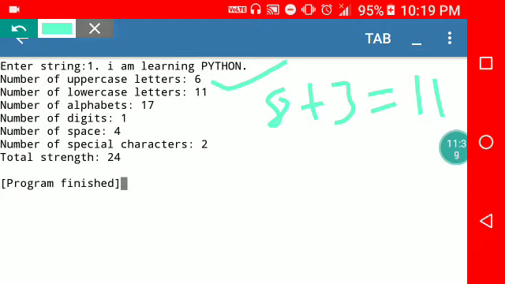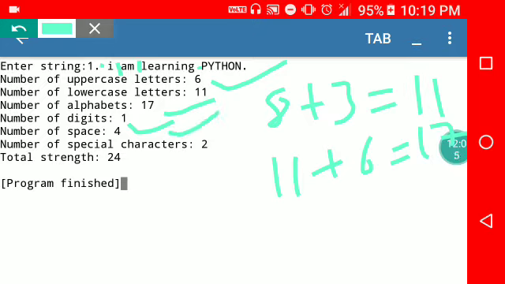Number of alphabets means 11 plus 6 is equal to 17. Number of digits, I have used only 1, so here 1 digit. Number of spaces: here 1, 2, 3 and 4, so 4 spaces. Number of special characters is 2: one dot and one full stop, so the number of special characters is 2. Total strength 24.